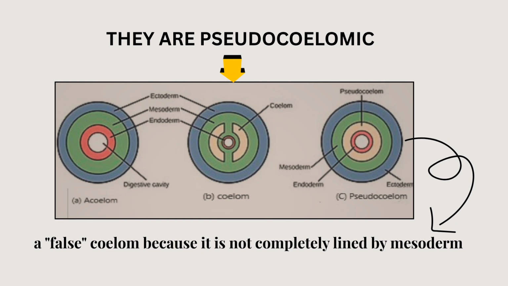A true coelom means the coelom is covered by mesoderm. We can see in this second picture that the yellow portion is covered by mesoderm, that green one. And the third one, pseudocoelomates. Here the pseudocoelom is not covered by the mesoderm. It is present between the mesoderm and the endoderm. That is why it is called a false coelom or a pseudocoelom, because it is not completely lined